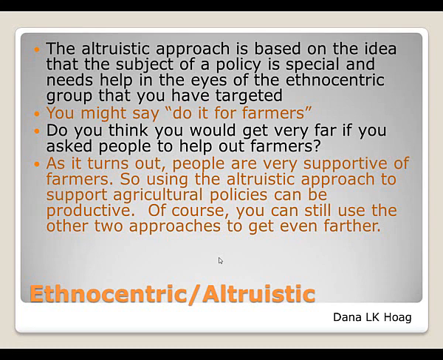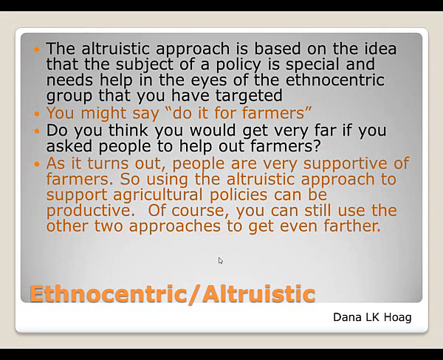Ethnocentric means that you group people or you come up with sayings that appeal to some group of people, whether that be men versus women, old versus young, Hispanic versus Native American, or farmer versus city person, whatever the slice is. You look at that slice and you say, what's going to appeal to them? And then you try that.